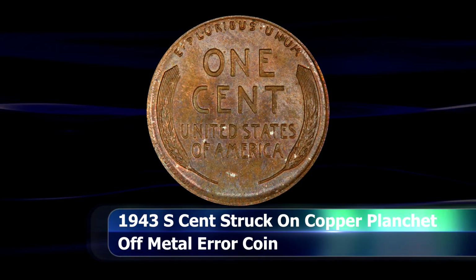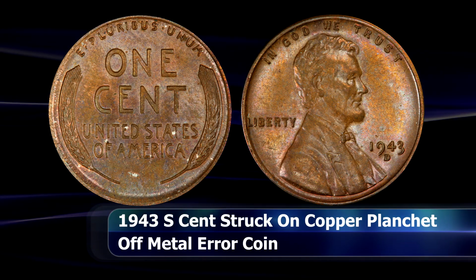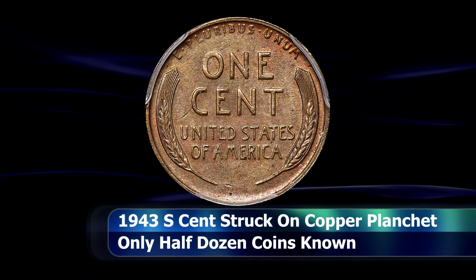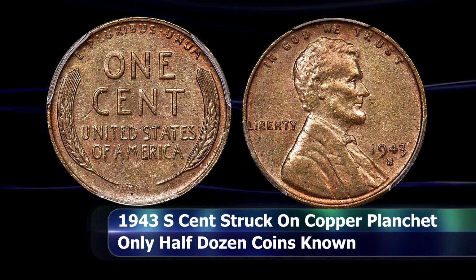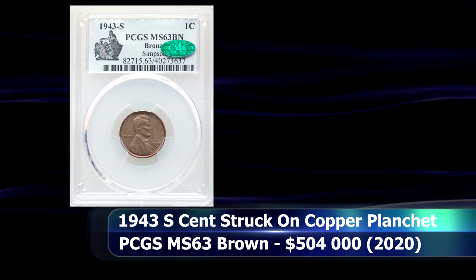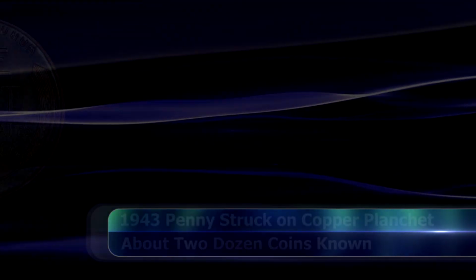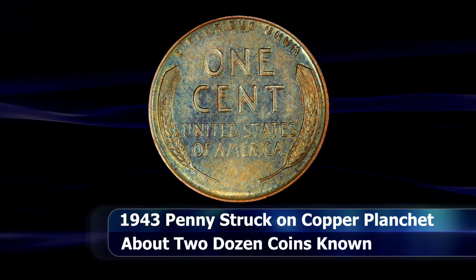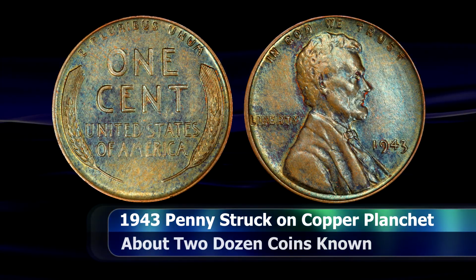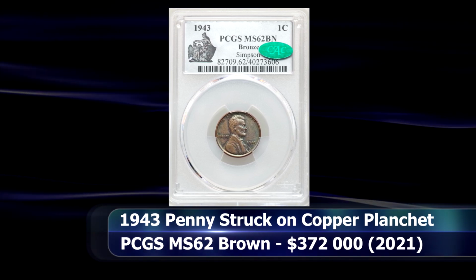$840,000. Though the same coin was also sold via private treaty in a special deal in 2010 for a reported $1.7 million, with the proceeds being donated to charity. But this same error also took place at all three working mints at the time. This San Francisco Mint example, of which only about 6 or so coins are known to exist, was sold at auction in 2020, graded by PCGS as MS63 Brown for $504,000. And then the Philadelphia Mint coin is the most plentiful, if you can even call it that, with about 24 coins extant, this example of which was sold at auction in 2021, graded by PCGS as MS62 Brown, which attained a price of